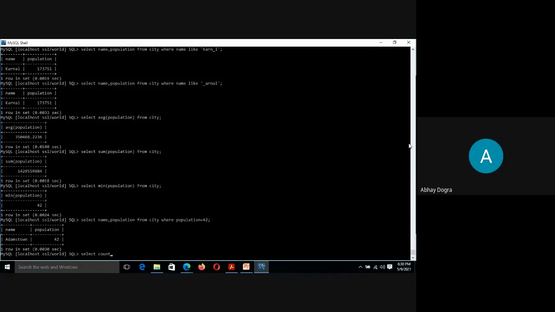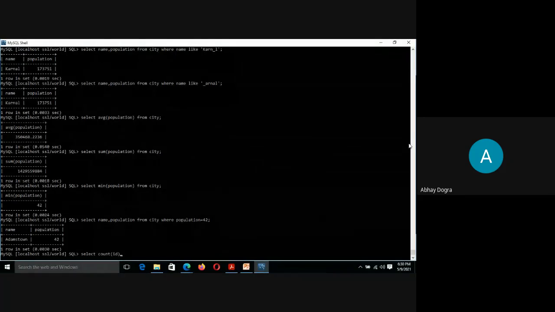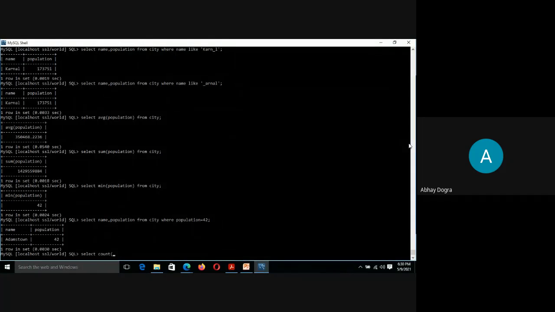You can count any field, but ID will be better because you need to remember this. You should use a field in which there is no chance of a null value. Null means nothing. So it's better to have a field in the count function in which there is no null value, right? Everyone must have got an ID, right?